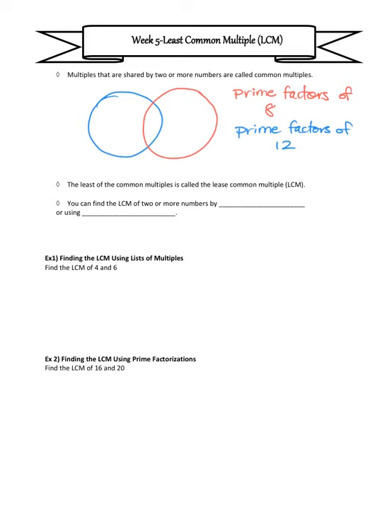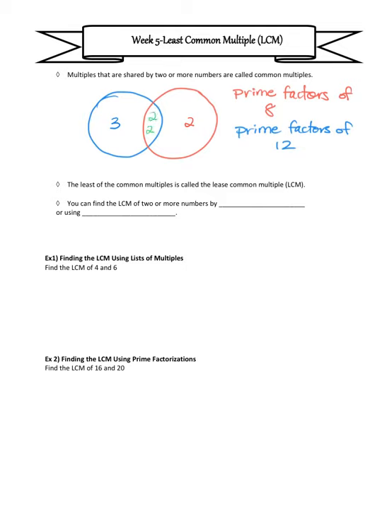So starting first with 12, for this one we would end up with 3, and then listing out 8 would give us 2, and then together they would have